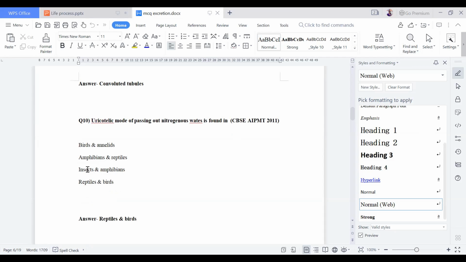So when we see the excreta of birds, you can see it will be quite hard because the uric acid needs very less water to dissolve. And we know that birds will be flying. If they drink more water, it will not be sufficient for them to fly freely. So that is why the water will be minimized in the excretory waste. Okay, now